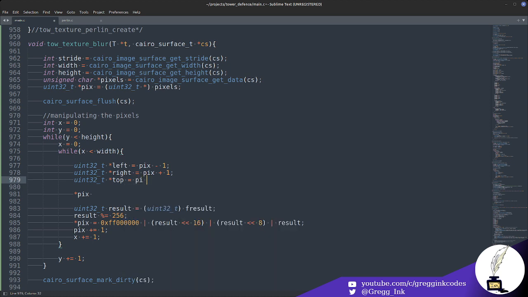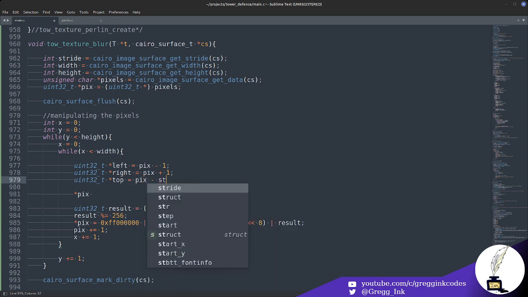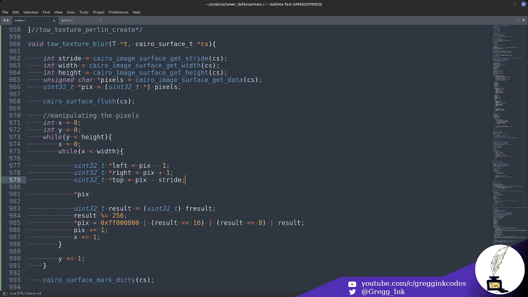So pix minus stride, okay? Right, and then